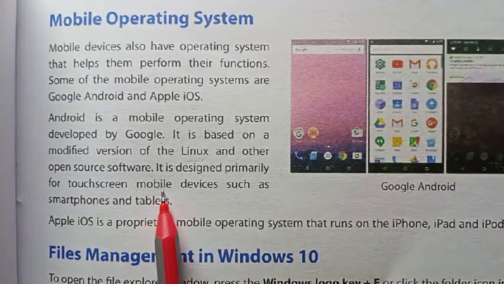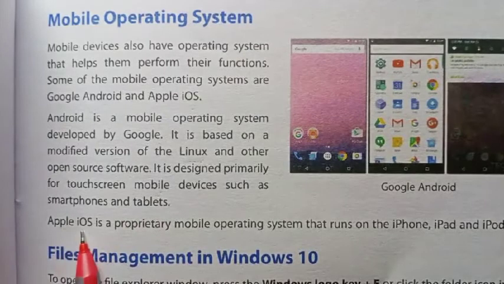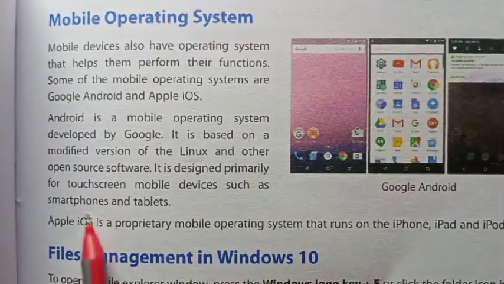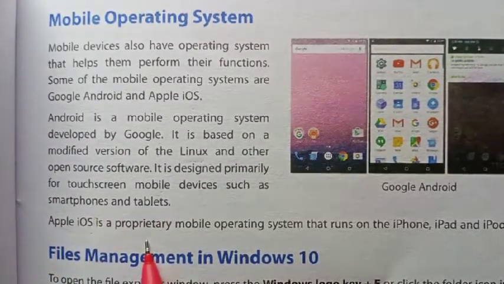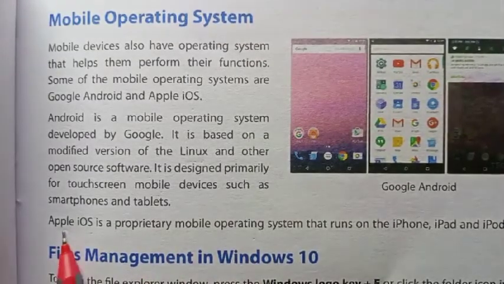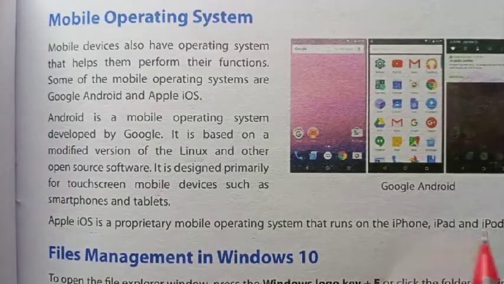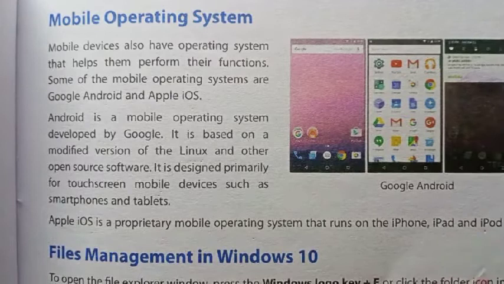Then another very common operating system used with smartphones is Apple iOS. But Apple iOS is a proprietary mobile operating system. That means it can run only on the iPhone, iPad, and iPod Touch.